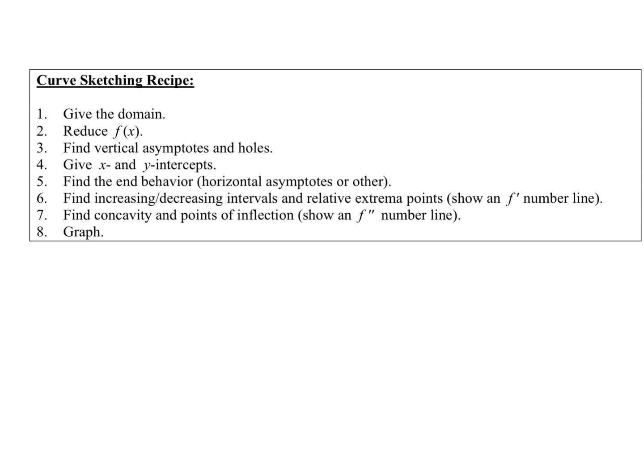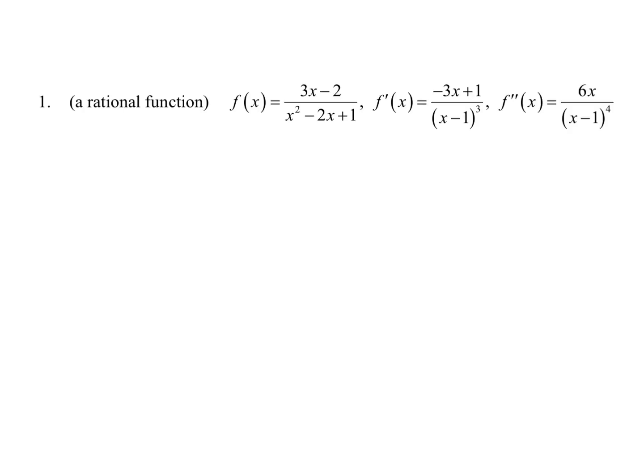All right, so here's the question we're going to do. This is the first example that we're going to go through, and I think the only one. Yeah, this is the only one we're going to go through. They give us a lot of information here, okay? They give us the function itself, they give us the first derivative, and they give us the second derivative. That saves us a lot of time, right? In a problem like this, if you were to find the first derivative of this using quotient rule,